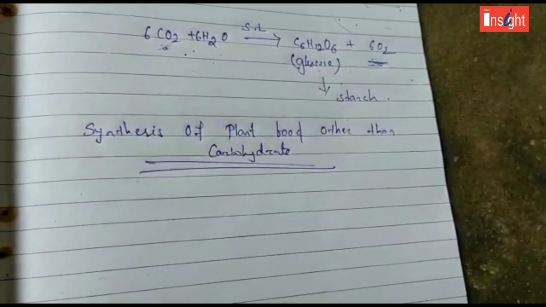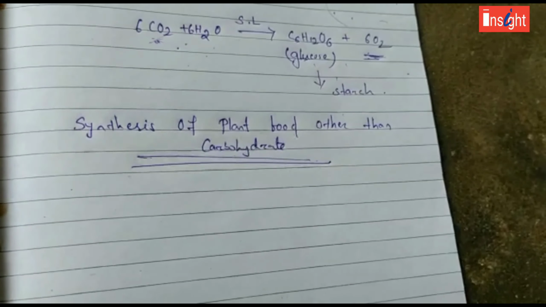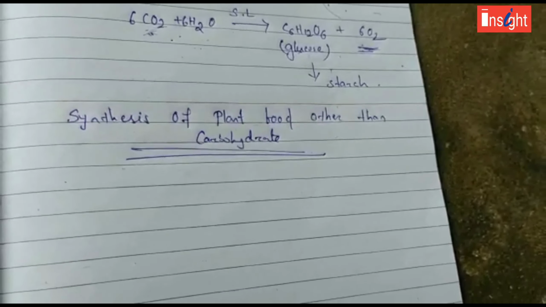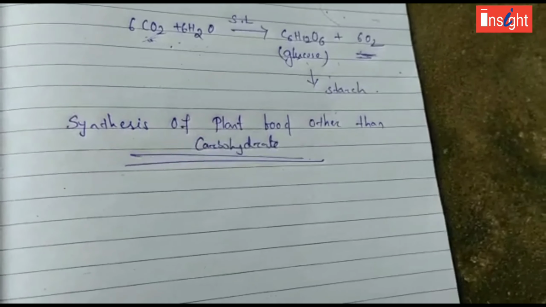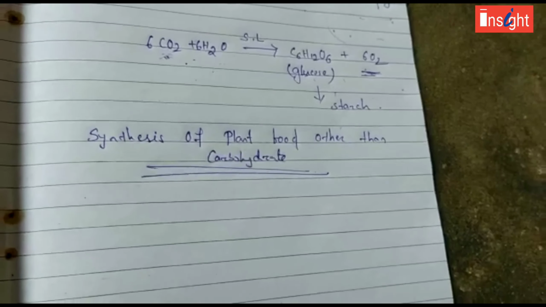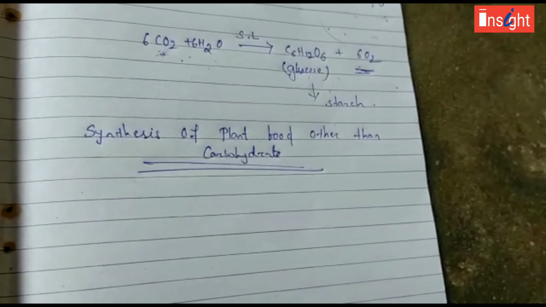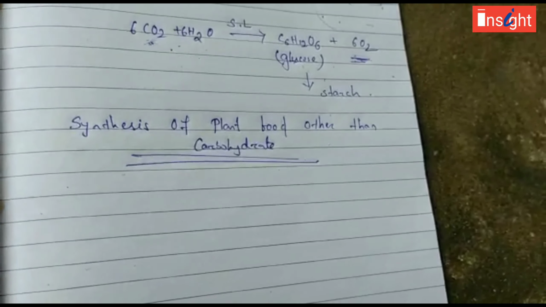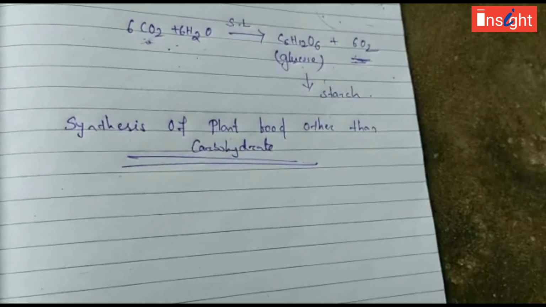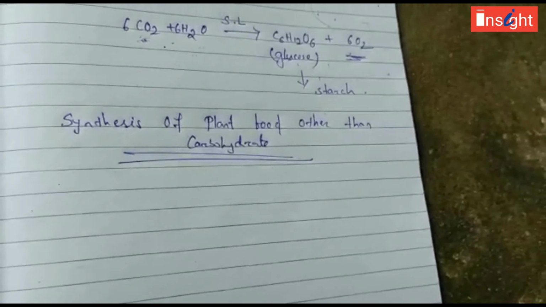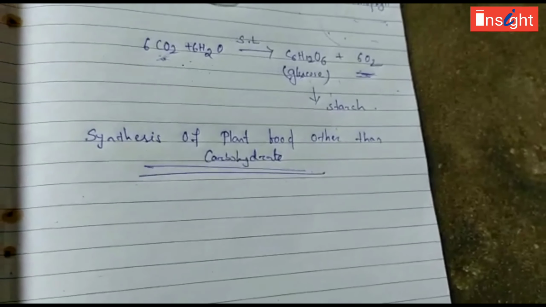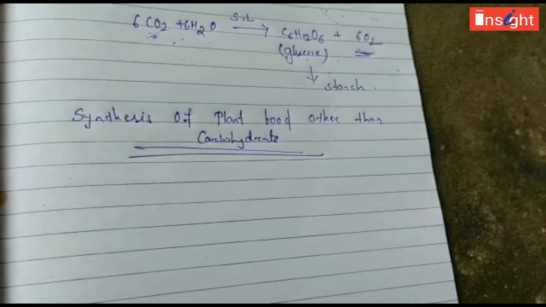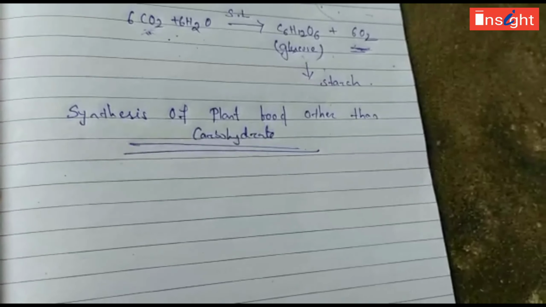Then the minerals dissolved in water are used to convert sugar into carbohydrates, proteins and fats. So when the nitrogen is absorbed and converted into water soluble compounds, it is absorbed by the roots of the plants, and the minerals dissolved in water are used to convert sugar into carbohydrates, proteins and fats. So these food components form the source of nutrients for other heterotrophic plants and animals, that means those who depend on autotrophs. So all these nutrients are obtained by the plants, and plants are also able to get the nutrition by its